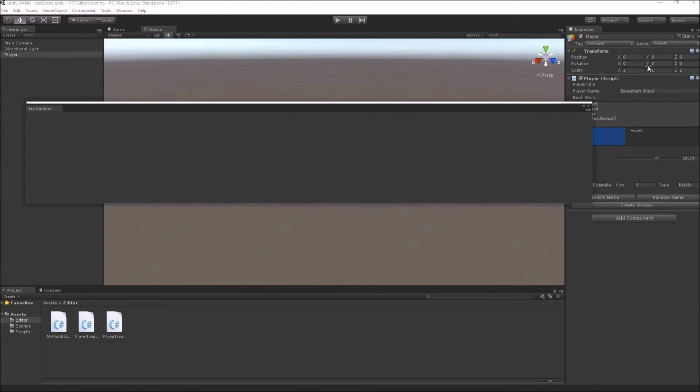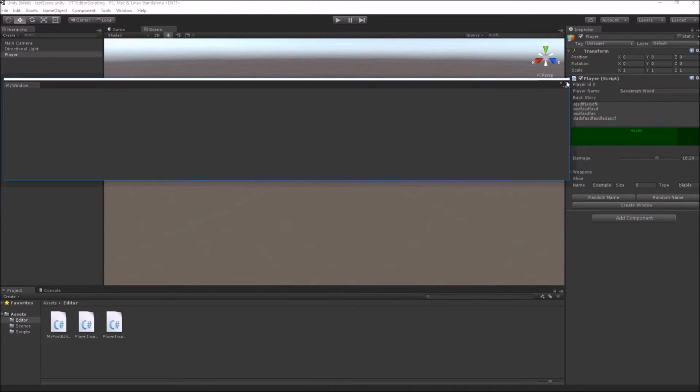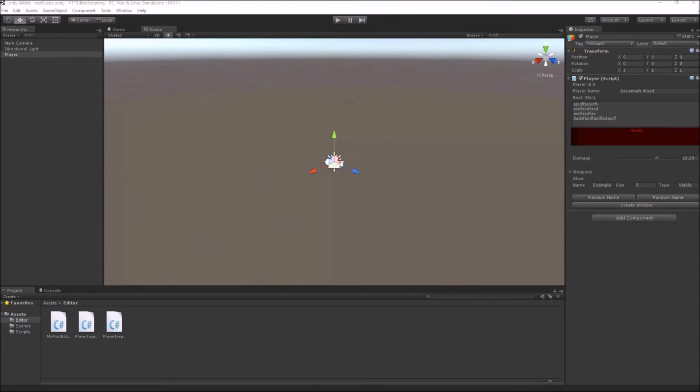Sometimes what happens is that when you are creating your editor window, it will start bugging out. Suppose something is wrong in your own GUI code, so your editor window will get stuck. You can't even click this cross button to close your window, and your whole Unity editor will be bugged. In that case, you will have to go to your task manager and close your Unity project every time. So for those cases, what you ideally want is a close window button, so you don't always have to depend on this cross button to close your windows.